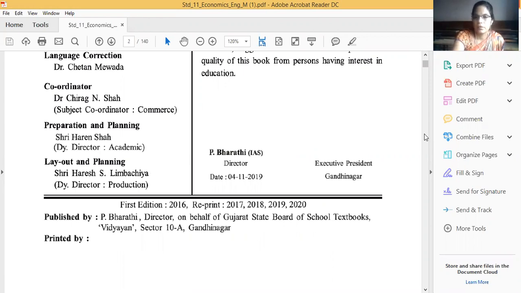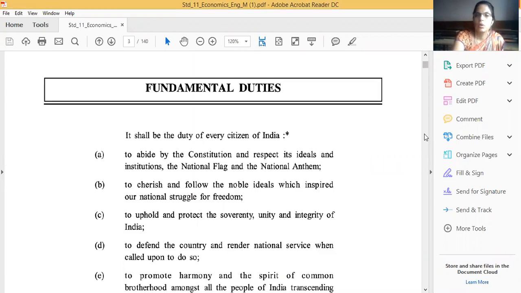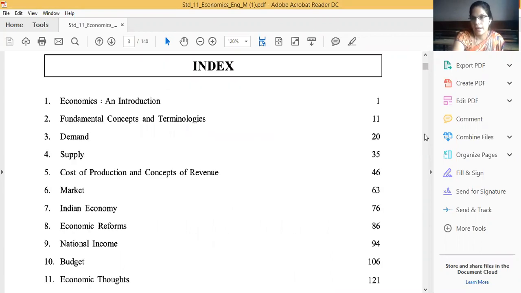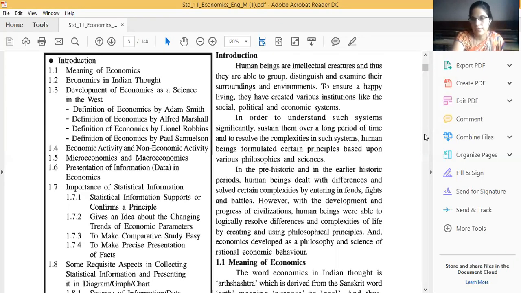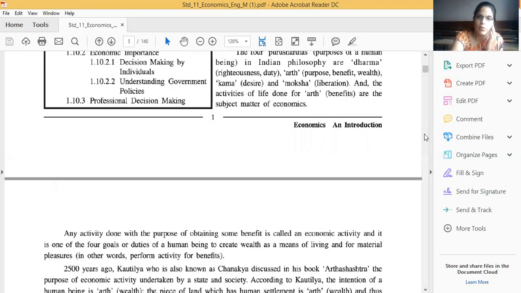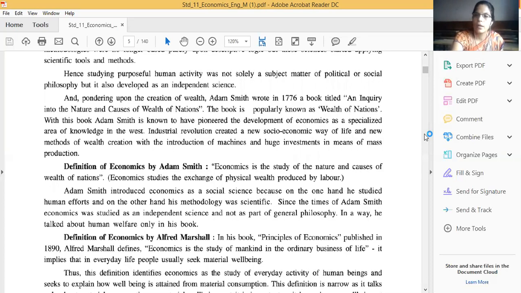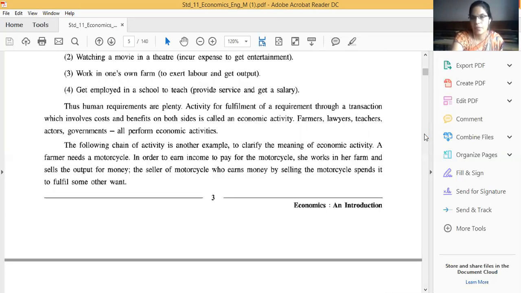Left to right, parallel to the OX axis, that is the TFC, total fixed cost curve. Then I explained the total variable cost curve. The total variable cost curve slopes left to right, upward. And then I talked about the total cost curve. The total cost curve is parallel to TVC, but upward to the TVC.